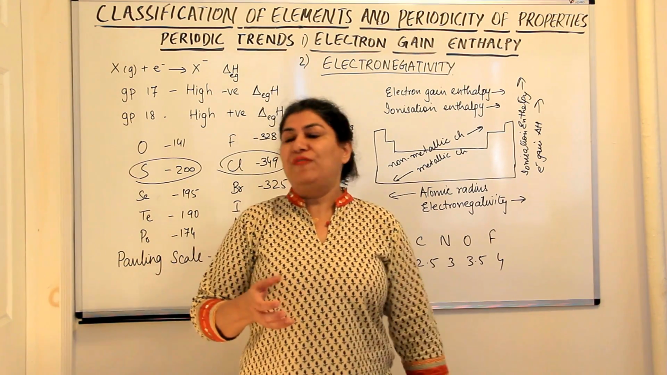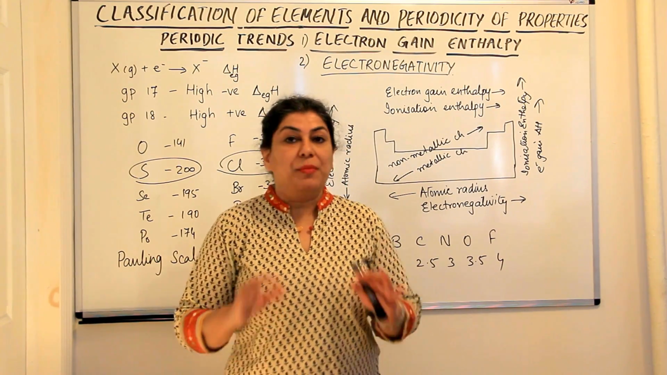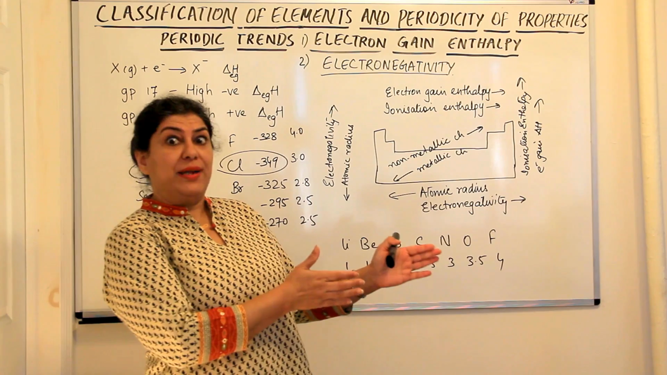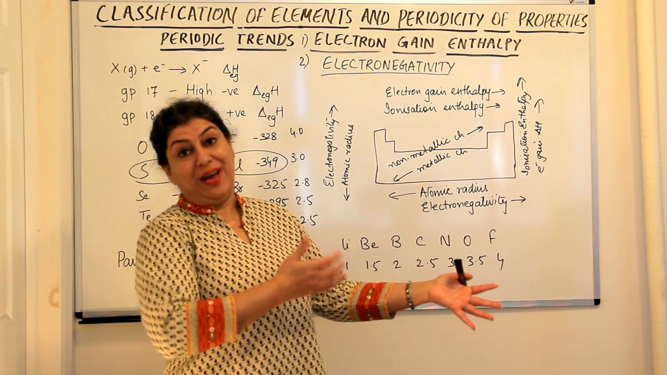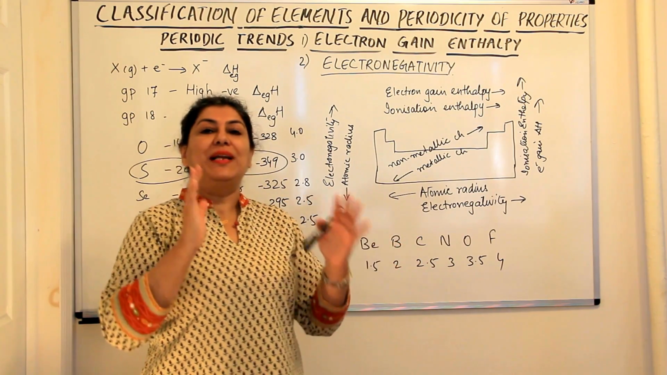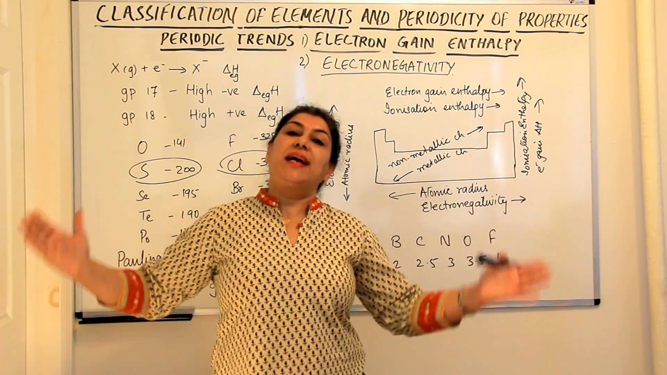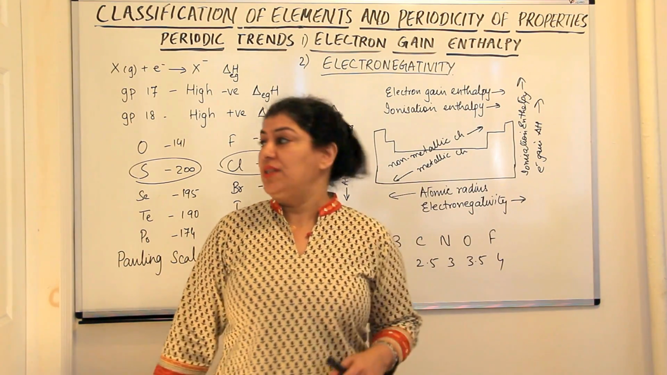Like in a game, if you're playing with someone who's stronger than you, you will lose the game. But if you're playing a match with someone who is weaker than you, then you have the strength or the capacity to win the game. So it depends on what the atom is bound to. But on the whole, if we try to see the trend,